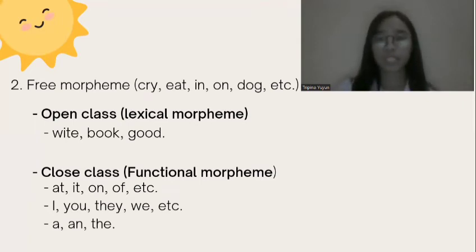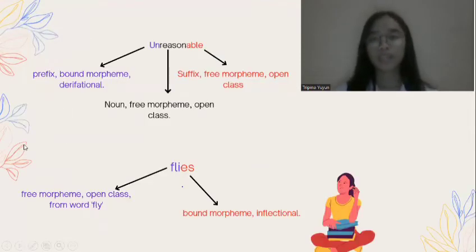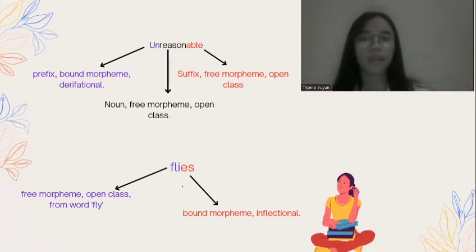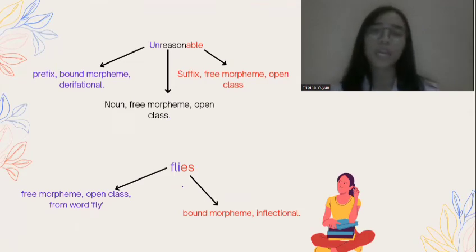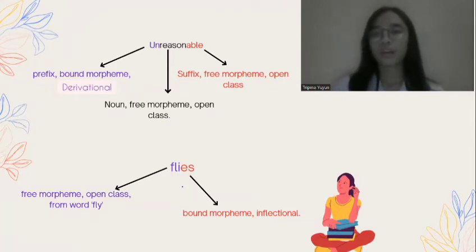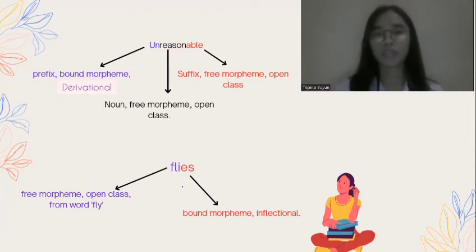So that's all for the explanation of morphemes and their parts and their kinds. Next slide, we will try to identify the different kinds of morphemes in the words unreasonable and flies. Okay, let's start from the word unreasonable. In the previous slide, we already know that in the word unreasonable, there are three morphemes, which are un, reason, and able. Here, let's try to identify the morpheme un. The morpheme un here is a prefix, and then it's